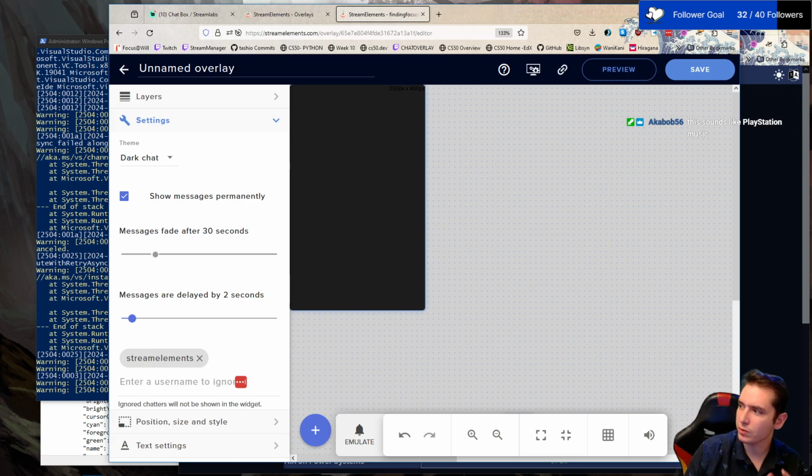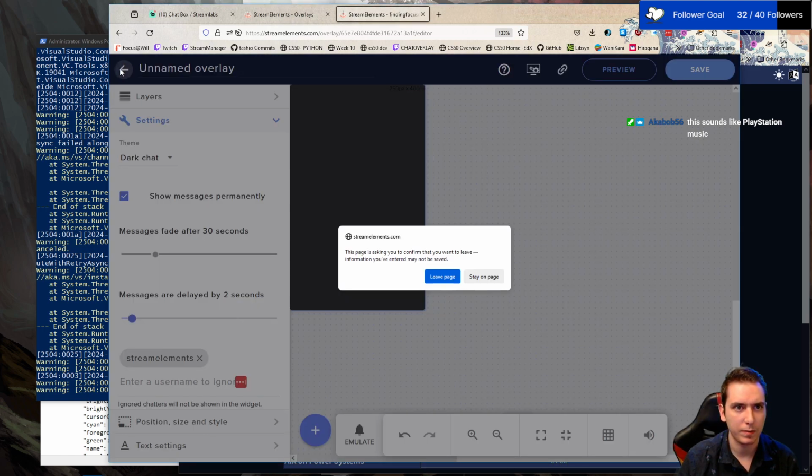And what I like about Stream Elements over Streamlabs is you can add a drop shadow. So like, we can't see AKA Bob's chat because it's white on white. But if we add that drop shadow, we should be able to see it. So that's why I want to check out Stream Elements. But I'm going to pull up what the resolution of our current chat is, and we'll just remake that here. It's a 450 by 250. So let's do a 450 by 250